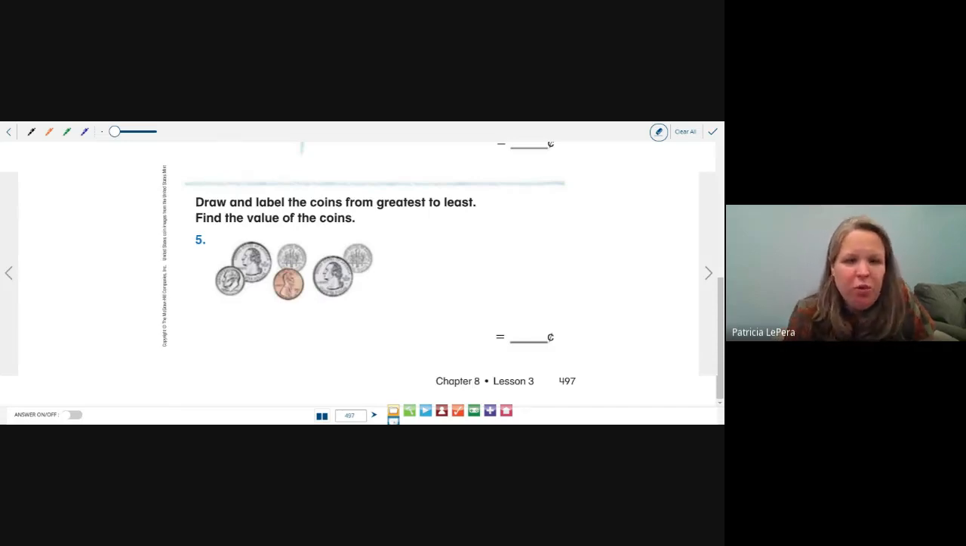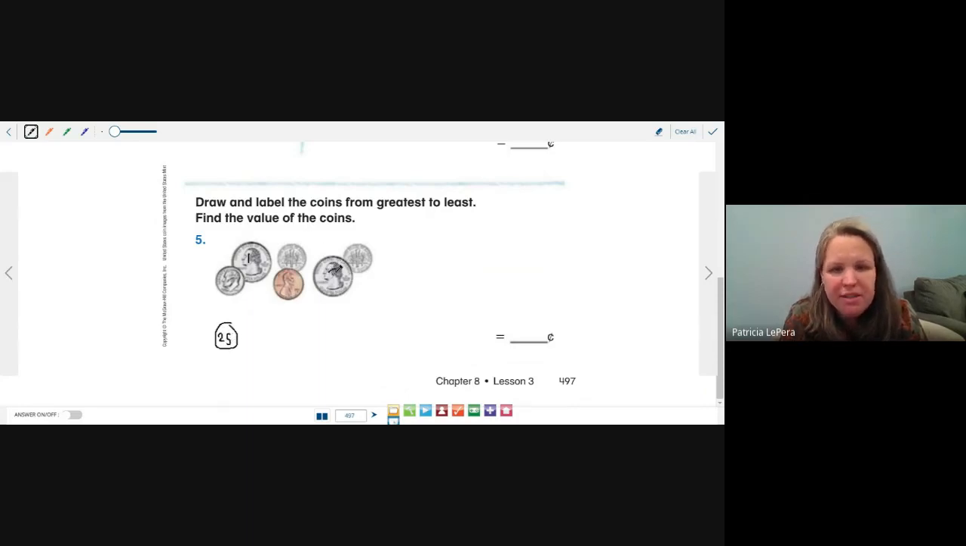Okay, here's another group of coins, and the directions say to draw and label the coins from greatest to least. Find the value of the coins. So what we're going to do is the same thing that we've been doing, put them in order first. So I have a dime, a quarter, a dime, a penny, a quarter, and a dime. So right away, you should see those quarters and think quarters are first. So I'm going to put a number 1 next to my quarter, and I can label it by writing 25